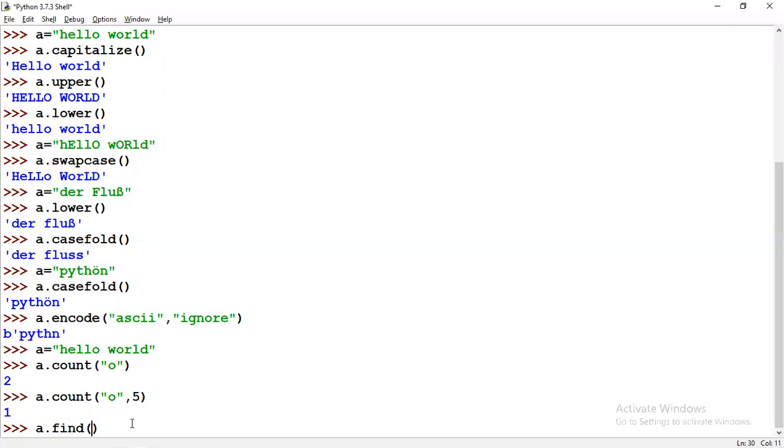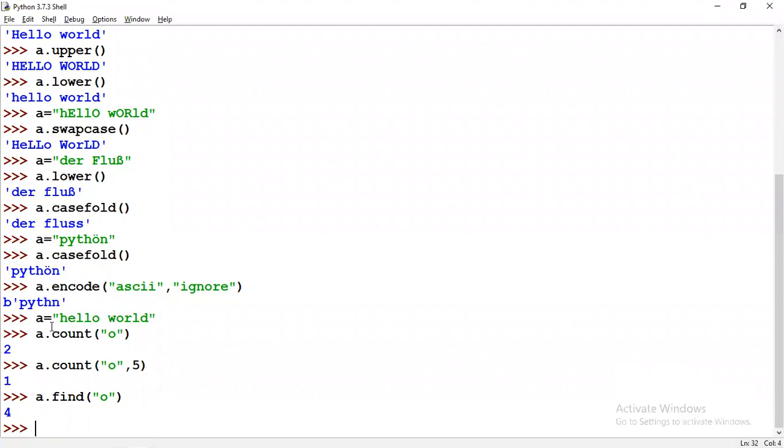Actually find and index will act the same. So find O, it will give the index position. Of course it's starting from the zeroth. So once it finds this O, it will give you that O. So we have one more stuff, rfind, which actually starts from the reverse. So when we are going ahead with it to find this O, you get the 4 because 0, 1, 2, 3, 4. So this O is actually located in the fourth index, right? Python is an interpreter, so it will start from the zero. So once it sees the O, you will get that index position.